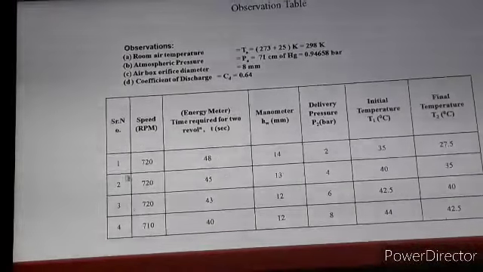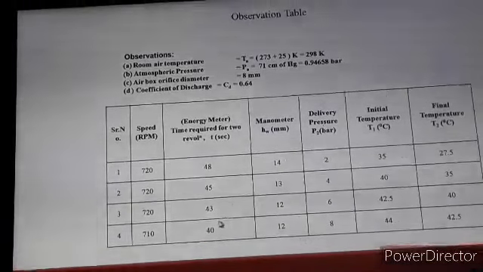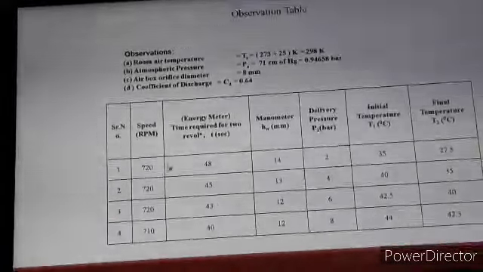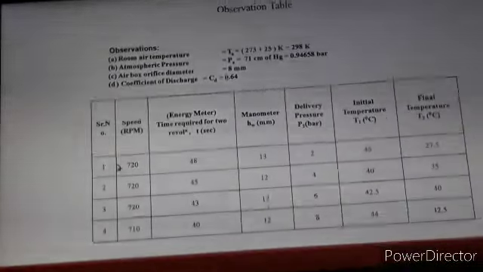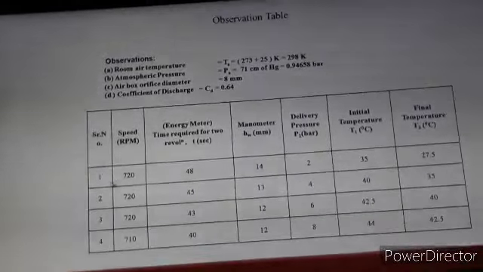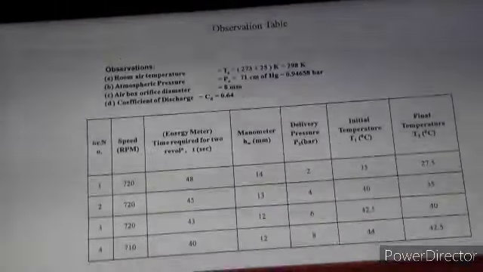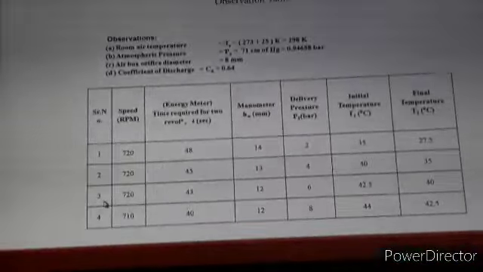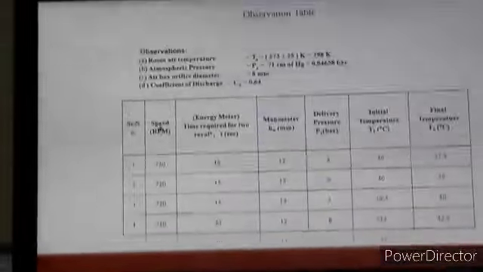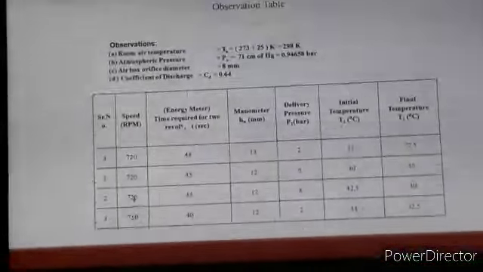Again, we have to record the readings in groups as per our previous discussion, because in a batch there are 16 students and we have formed groups of 4 people. So there are 4 groups. Group 1 will record the first reading and write it in the first row. Group 2 will record the reading and write it in the second row. Similarly, groups 3 and 4. The second column is about the speed, so we have to record the speed here.